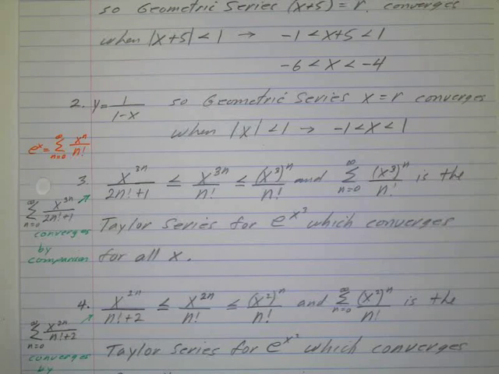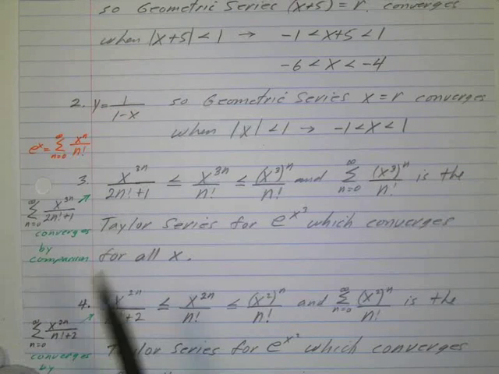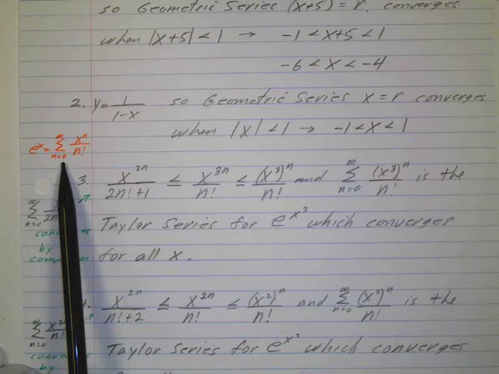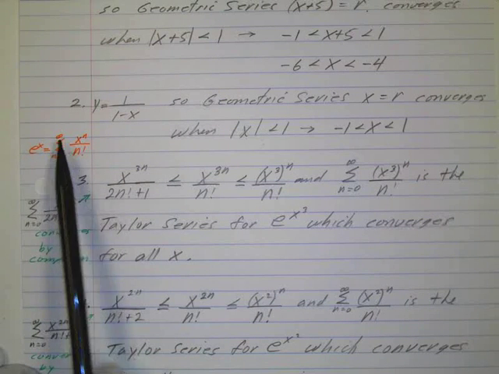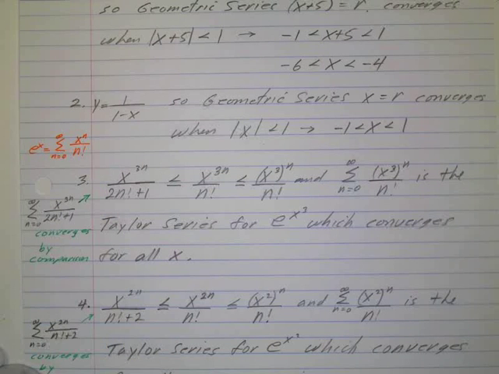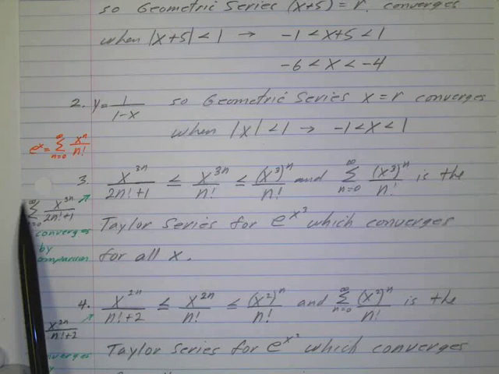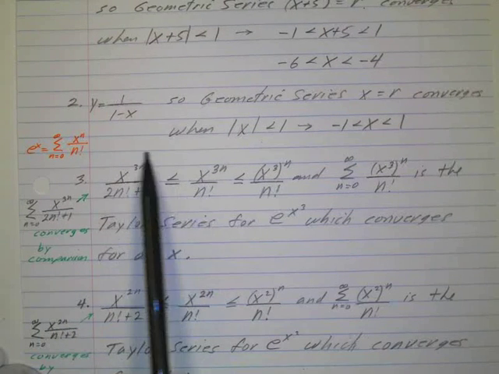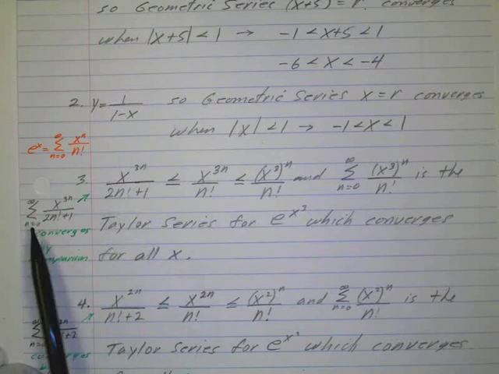use a comparison test to show that the series converges for all x. So remember, e to the x, this does converge for all numbers, and that's a summation n equals 0 to infinity of x to the n over n factorial. And this was the series that we want to show converges by comparison. So I just looked at the argument part of the